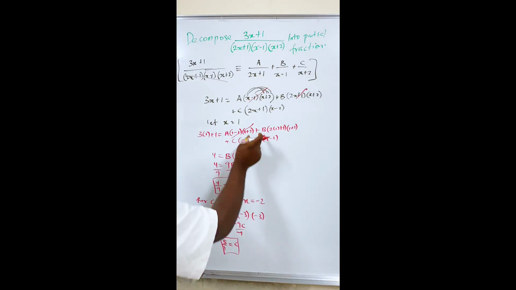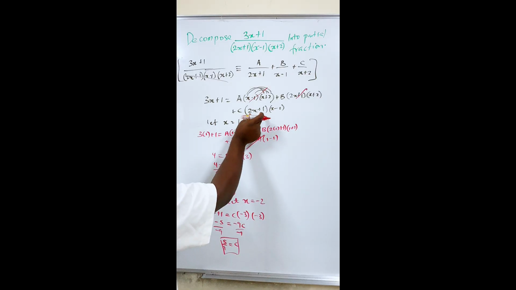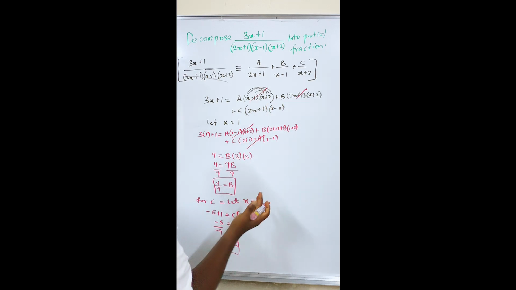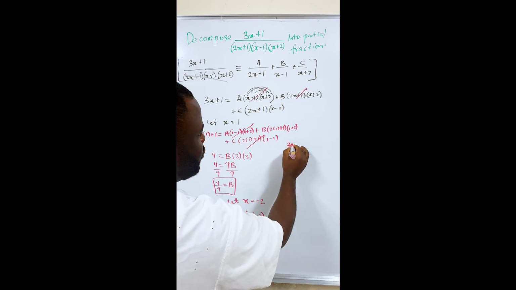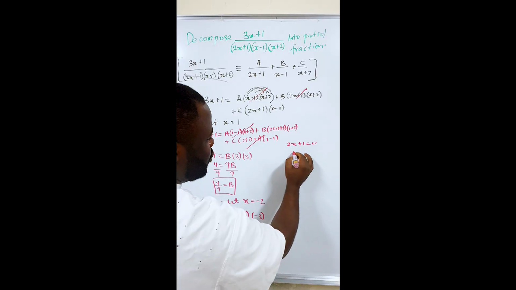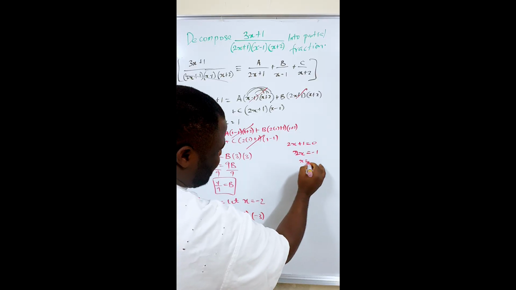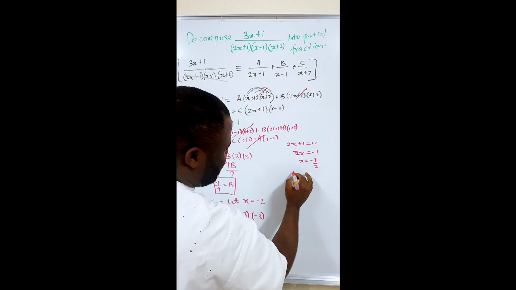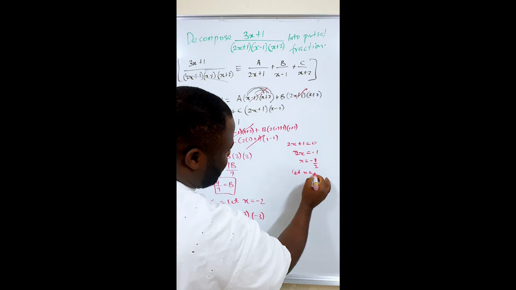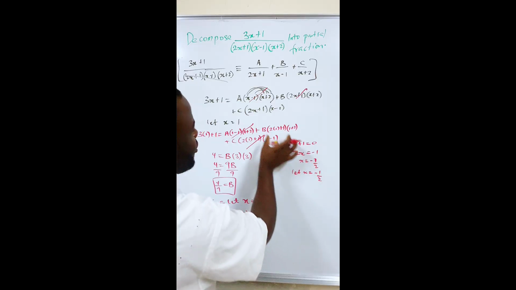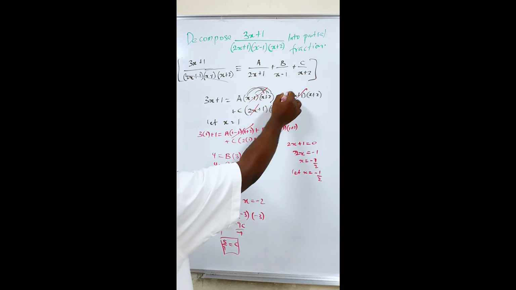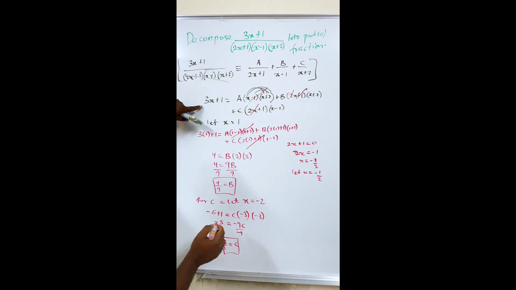Okay, so we need to find what is going to make this and this to be 0, right? So we can easily say 2x plus 1 equals 0. So now I say 2x equals negative 1, then x equals negative 1 over 2. So we say let x equal negative 1 over 2. So if we substitute it into this, it is going to give us 0. This is going to give us 0. So here we now have,